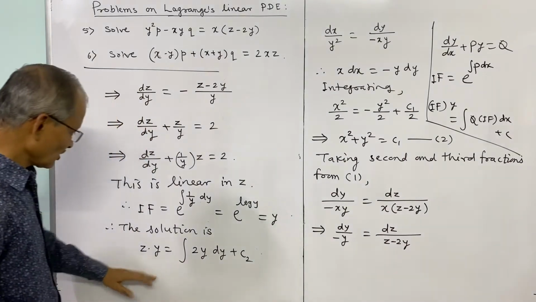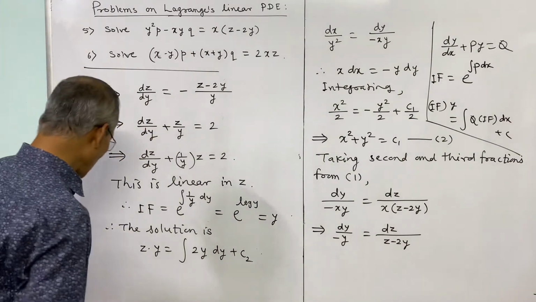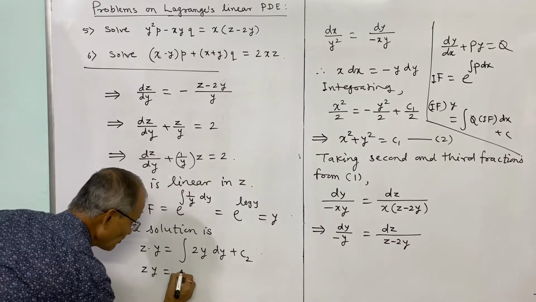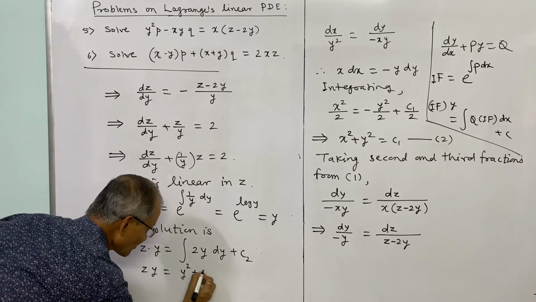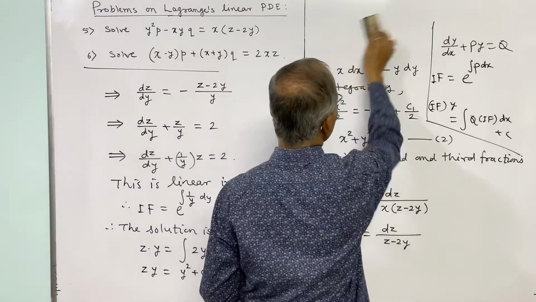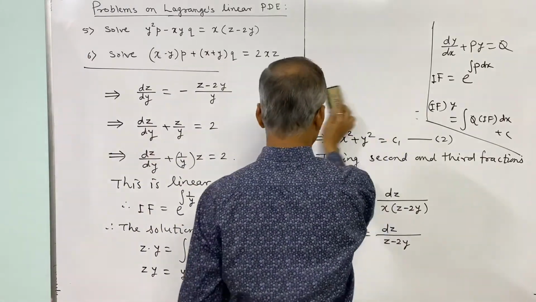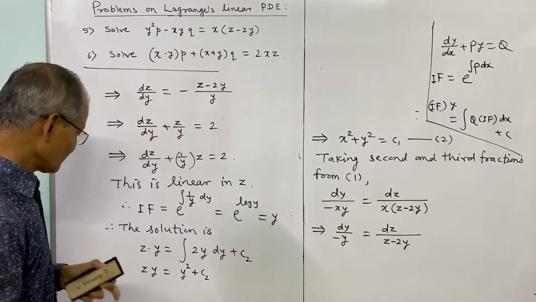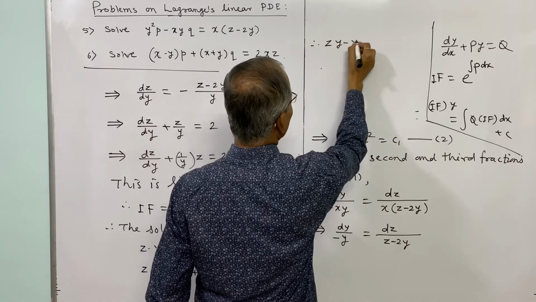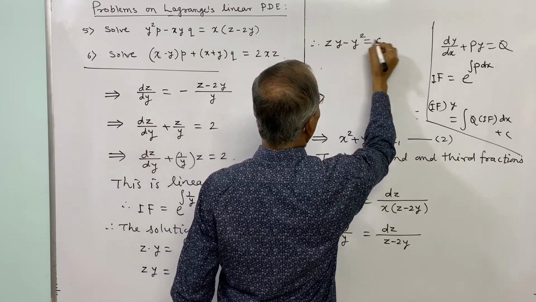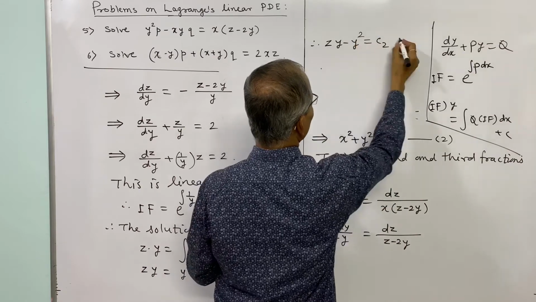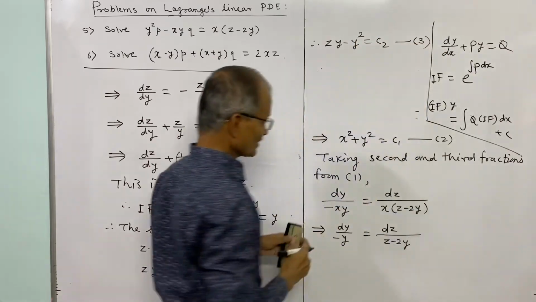So this is the solution, or that gives z into y is equal to integration of 2y is y square plus c2, or that can be written as zy minus y square is equal to c2, and this is our next solution, and we refer to this as 3,